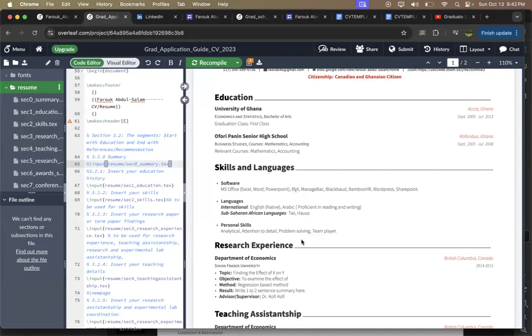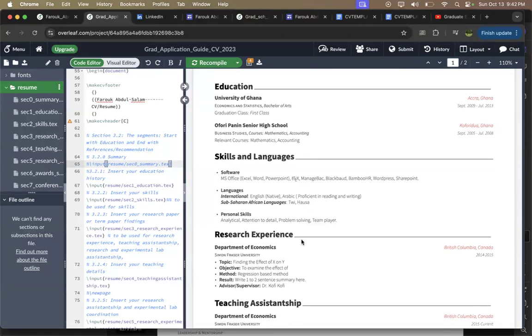Okay, thank you. Sure. Then we come to the whole idea of skills and languages. This is going to be very important. With the skills, you have to know where you fall. Those in the sciences might need something in Python, LaTeX, or MATLAB. You have to make it upfront that you are very good with it, and if you need to further clarify, please clarify. In terms of your skills, it's always good to be upfront and mention it there.